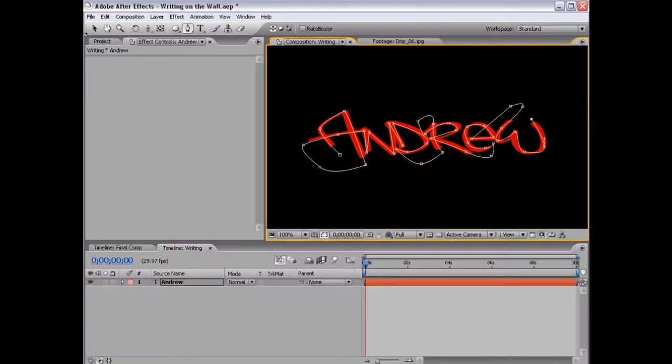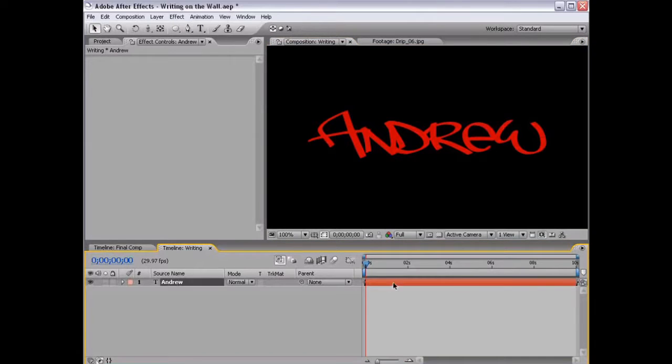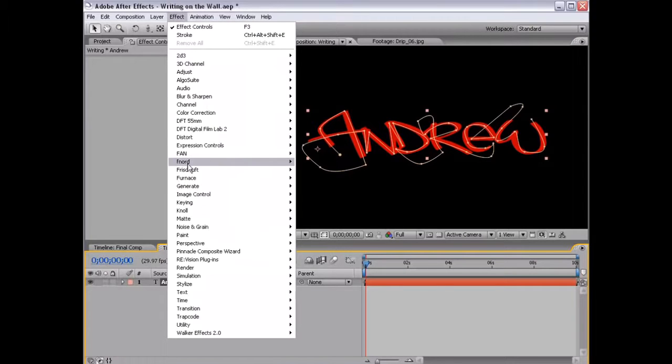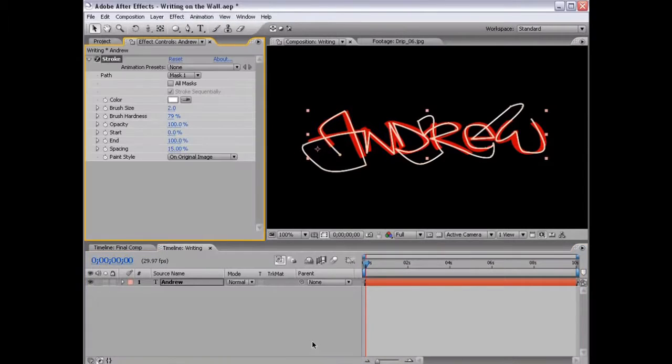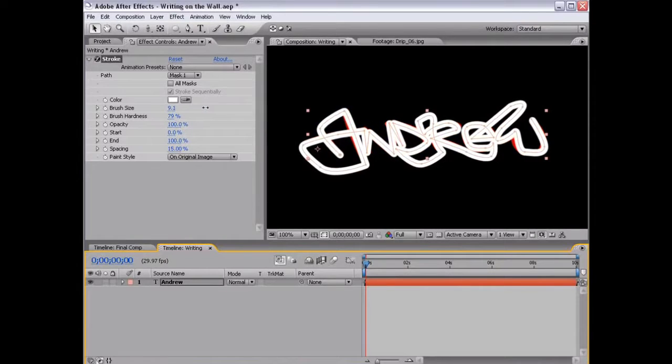And when you're done, just grab the selection tool. And so now we've created a mask. Now the next step, choose Effect, Generate, Stroke. Okay, now the trick here is to cover up all the red by increasing the brush size as little as possible. So just start increasing it. And okay, so we have a few little red spots here, but instead of increasing it more, we can just